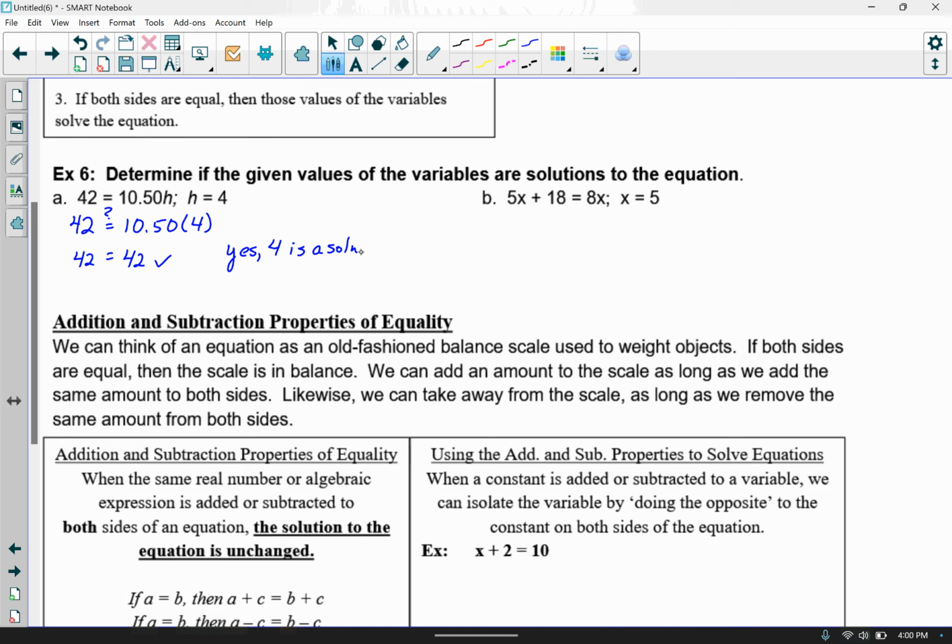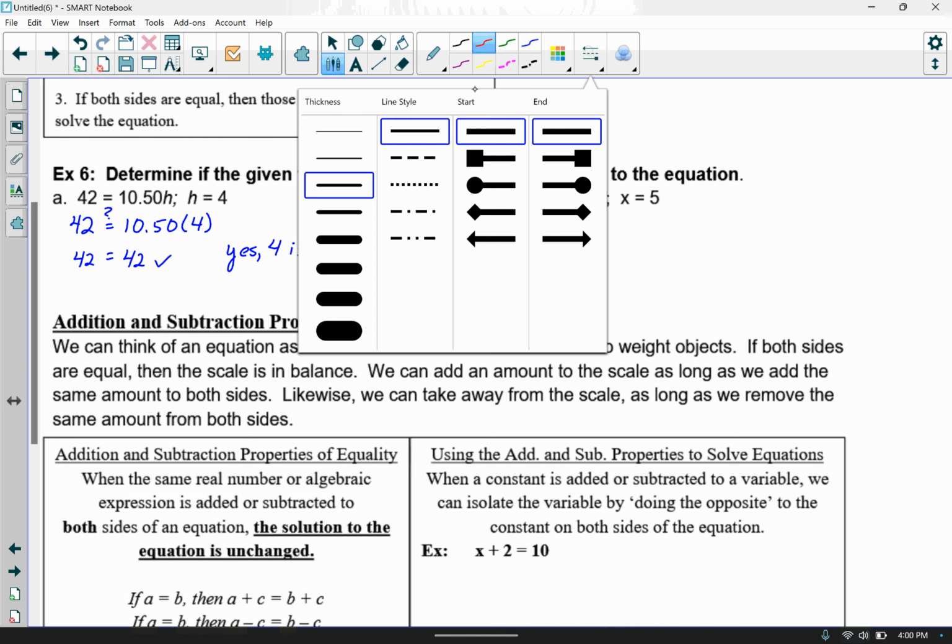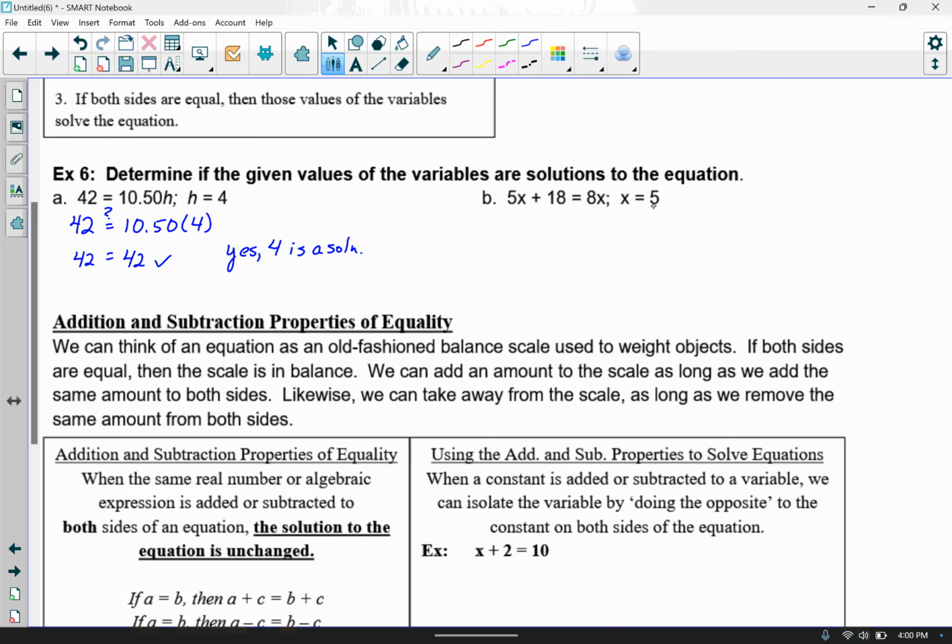to that equation. Now, conversely, if we come over here to letter B, everywhere I see an X, I'm going to plug in 5. So I'm plugging in 5 plus 18 equals 8 times 5. Over here on the left-hand side, 5 times 5 is 25 plus 18. On the right-hand side, 8 times 5 is 40. On the left-hand side, when you add those together, that should put you at, what, 43? Well, 43 definitely does not equal 40. So in this case here, 5 is not